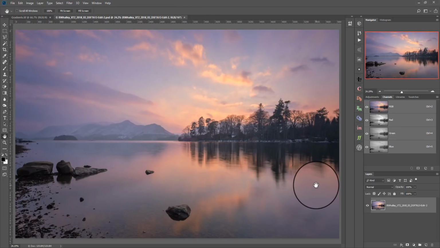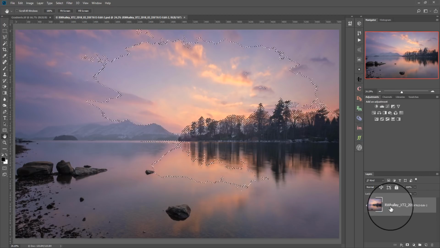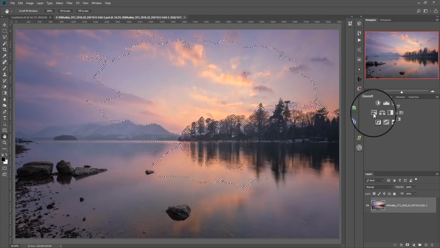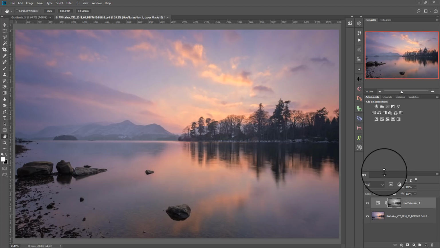Here's the image. And all I'm going to do is click on the RGB channel in my channels window, and I'm going to use this icon here to load that channel as a selection. Now, if I apply an adjustment to my image, so we'll use an adjustment layer here, so let's use saturation. Now, what that's done is it's created the layer, which I can turn on and off here, but it's also